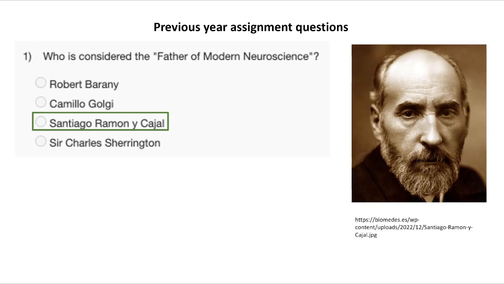Funnily, although it was Kahal who discovered that they were independent entities, the term neuron was not attributed to Kahal. He was not the one who came up with the term. The term was coined by Waldeyer, who had also coined the term chromosome. And unfortunately, people at that time misunderstood that it was Waldeyer who had discovered the neuron. Rather, it was Kahal, and Kahal felt extremely bad about this,